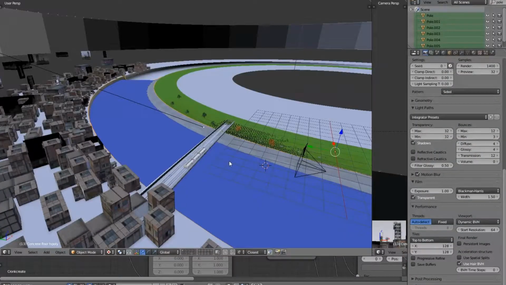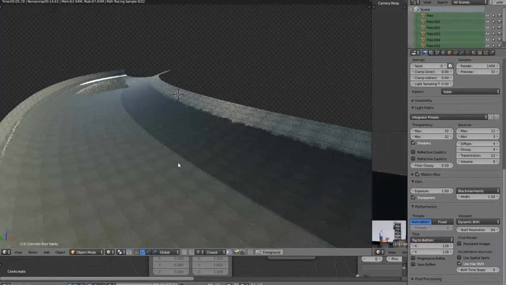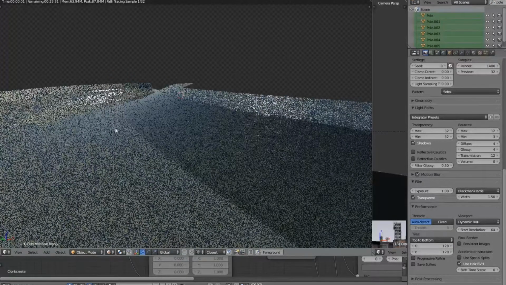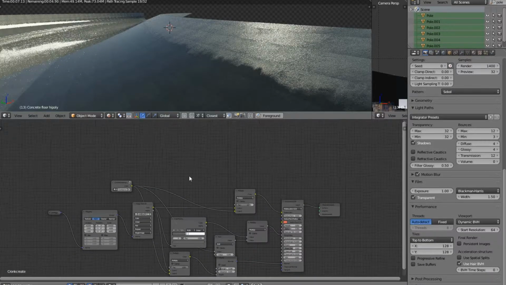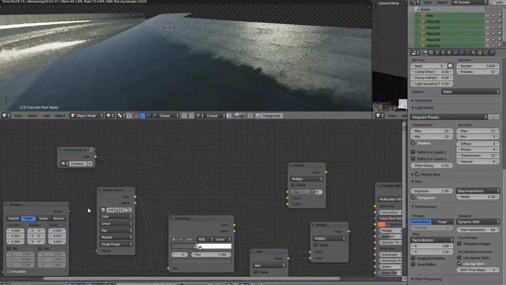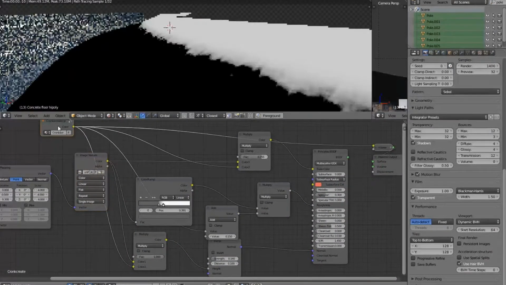Hi everyone, this week we're going to be looking at the concrete material. This is what it looks like with no water. You can see the bottom bit is wet and we've got this dry stuff. So this is the concrete material. It's using the same concrete texture that the walls used. It's multiplied with my Grunge Group,